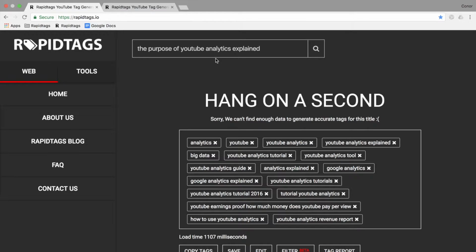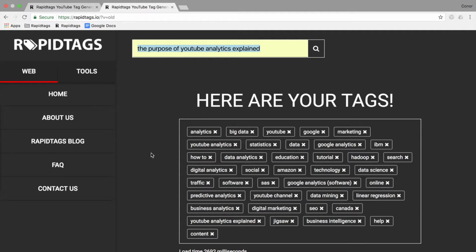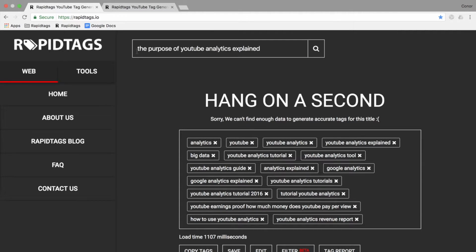But the reason why a lot of the tags are more in-depth and more detailed on this one, you can also see it takes longer, is because we've halved the amount of videos that we're gathering data for. Now you'd think, hang on, if you're gathering data for half the videos, you're going to get less accurate results because there aren't as many there. But no, the way it works is we get data based on the relevance of it on YouTube, and as the relevance starts to fade, which depends on the type of video.